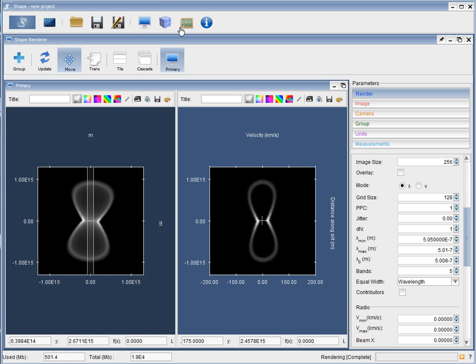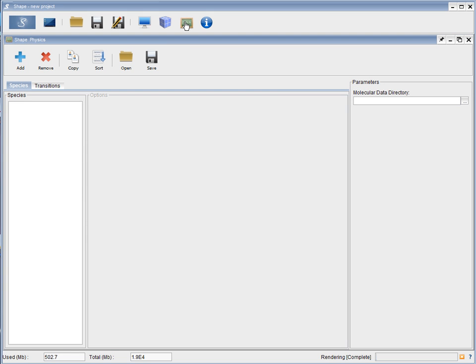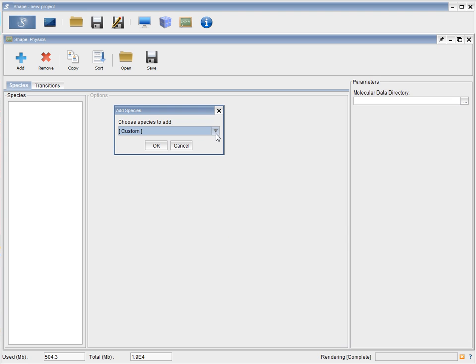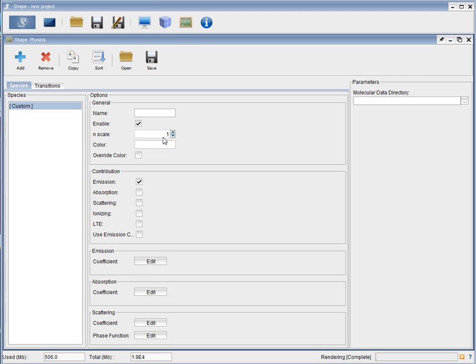Okay, and now we set up our line and go to the physics module. Here we add a new species. We click on the add button. An add species dialog shows up where we can select a variety of species. We're going to start with the custom one, which is the simplest one and most customizable, where you can set your own